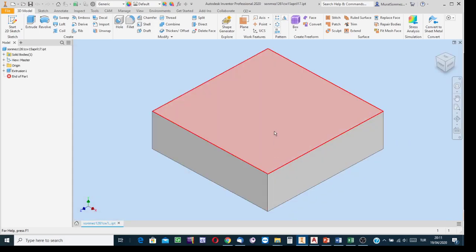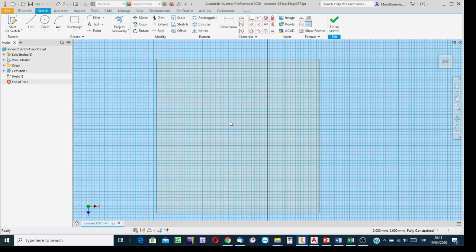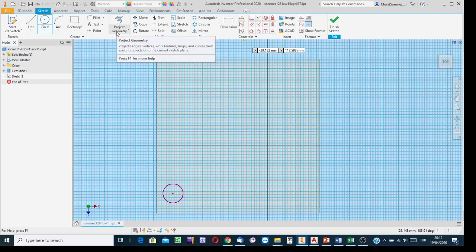Okay. Now, take a sketch right on the surface of this prism. Why? Because it is my plan. Over the surface there will be a rectangular pattern. Create the first element of the pattern. In this example, the element of the pattern is in cylindrical shape. So in this regard, create a circle in the vicinity of one of the corners arbitrarily, and then, the sketch technique is a modern method. Apply project geometry process,